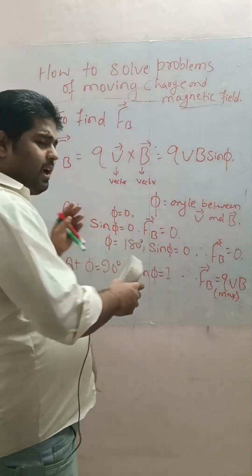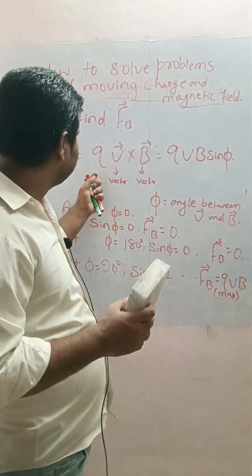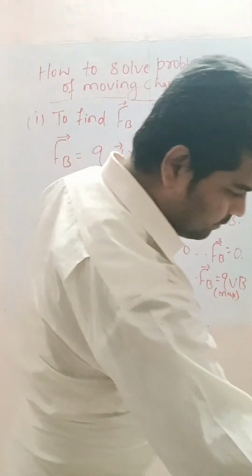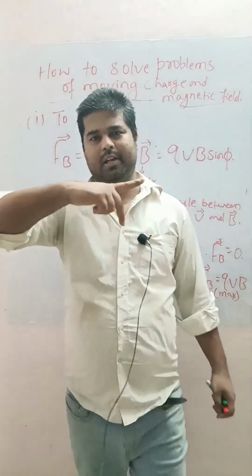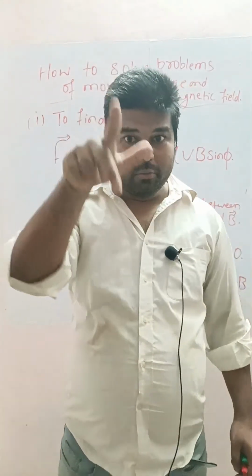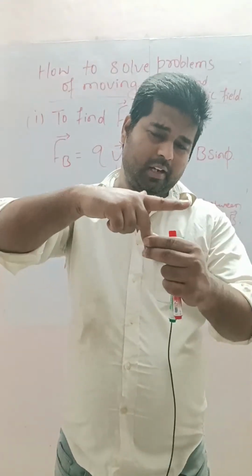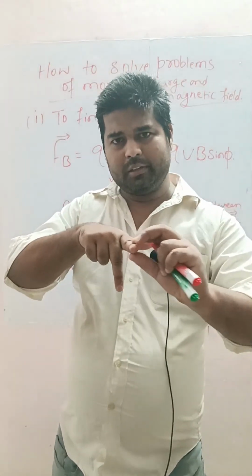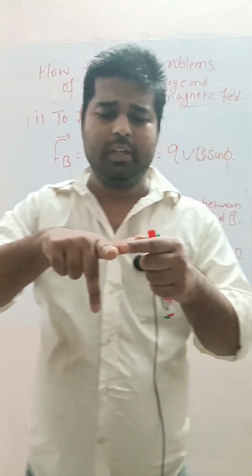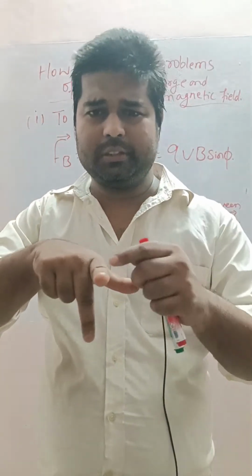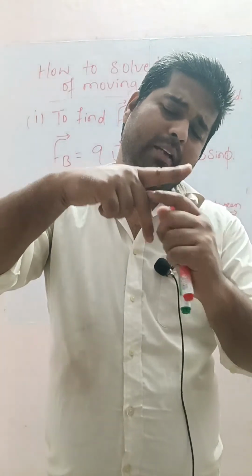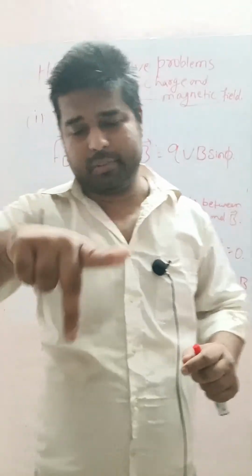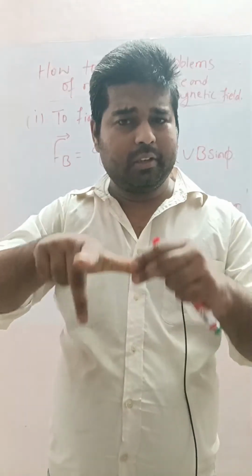Clear? How will you find the direction of magnetic force by this? Remember this right hand thumb rule. With your right hand, do it with your right hand. See, the forefinger is telling you the direction of charge, means the velocity of charge is along this direction, and the magnetic field is along this direction. This index finger is showing the direction of magnetic field, and then the thumb is showing the direction of